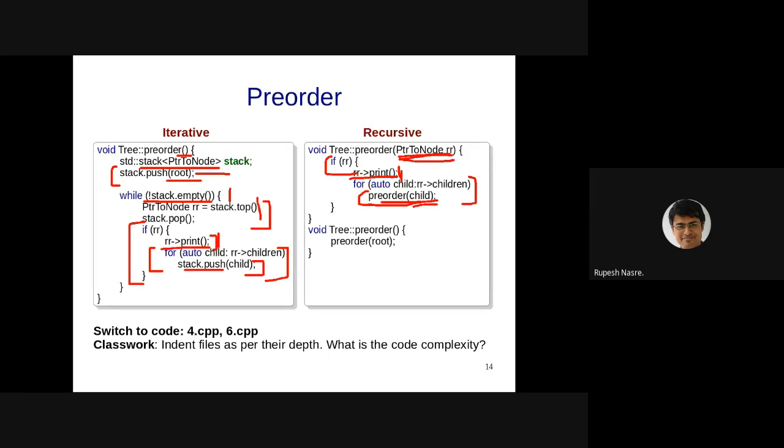Okay, so let's understand that. So for every node, we are printing it, right? So RR arrow print is the work done for every node, and therefore RR arrow print is going to get printed n number of times. So that part is okay. For each node, we are also doing some for loop, right? What is that for loop doing? It is going over the children and then calling a function. Doesn't that mean that for every node, I am also doing extra work, right, apart from RR arrow print, which is going to be proportional to the number of children it has, right? And therefore the complexity should be higher.